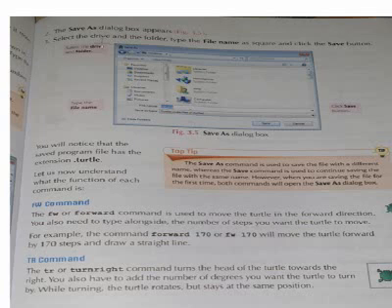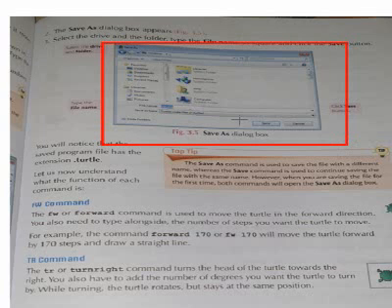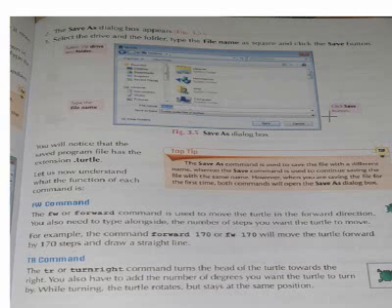This is the dialog box, and you have to click here save, and then your document is saved. First you have to select the drive, the folder and the name of the file, and then you have to press the save button.